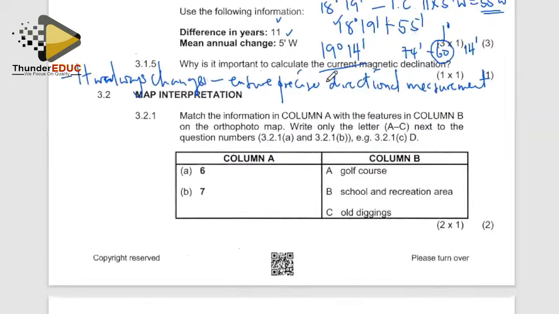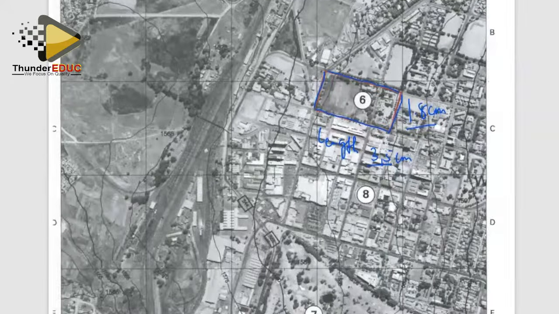Right, we move on to question number 3.2.1. It says item A, match column A with figures in column B. We have a golf course, a school and recreation, and then old diggings. What area is matched with area 6? If we go to our orthophoto map, where is our area 6? Our area 6 is within this area here, where we have that particular feature, which is inside here. And if you're not very sure, we relate this enlarged map to the topographic map to see if there is some form of an aspect which is indicated on the reference for us to figure out the area correctly. Like this area 6, if we try to transfer this same area here to the topographic map,